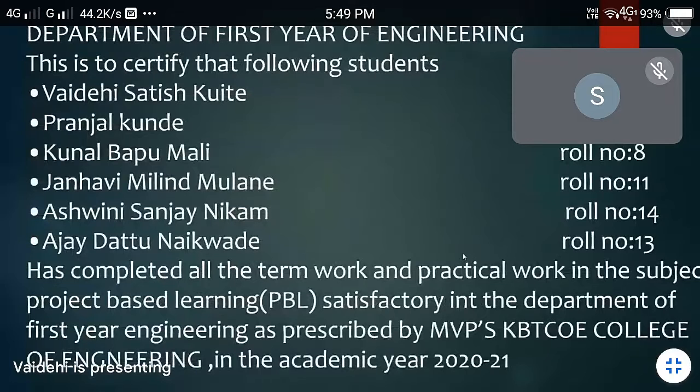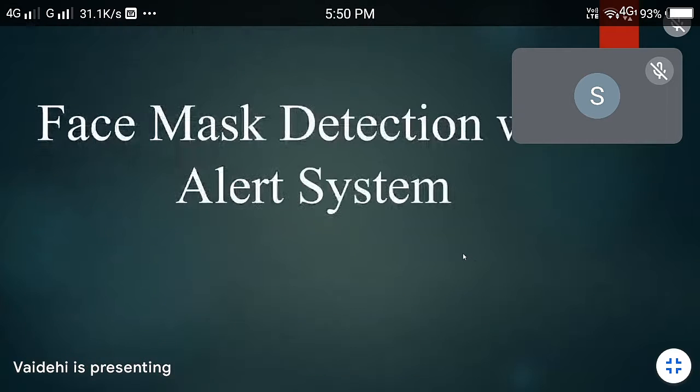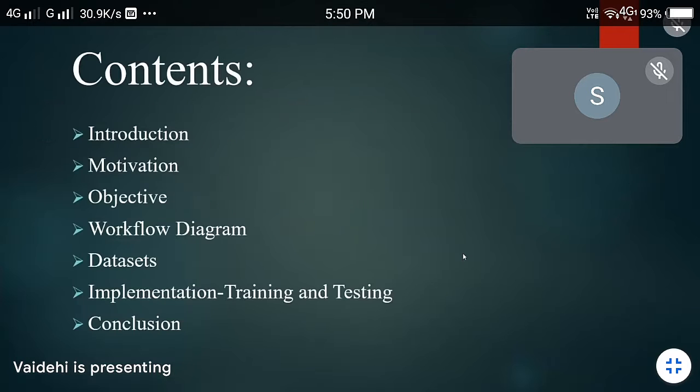This is a PPT for our PBL project. The following PPT is given by Vaidehi Koite, Pranjal Kunde, Kunal Mai, Janvi Mulane, Ashwini Nikam, and Ajay Nayakwal. Our PPT is on face mask detection and alert system. The following content in this PPT will be introduction, motivation, objective, workflow diagram, data set, implementation, training and testing, and